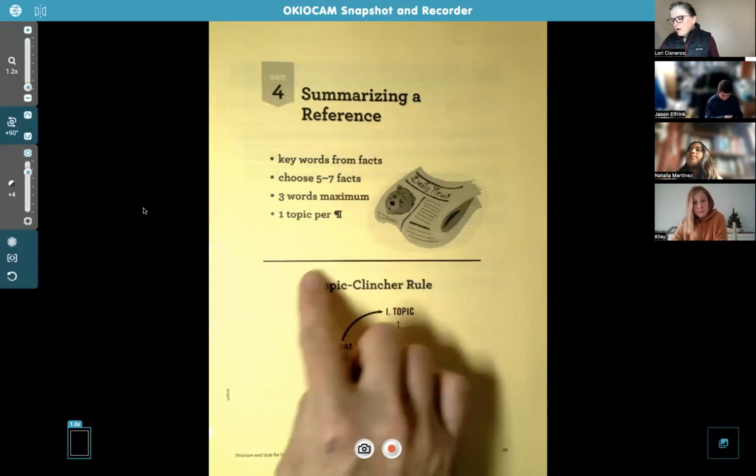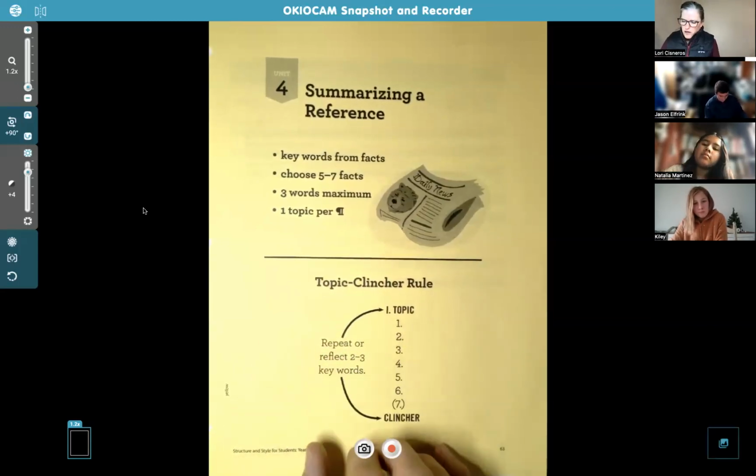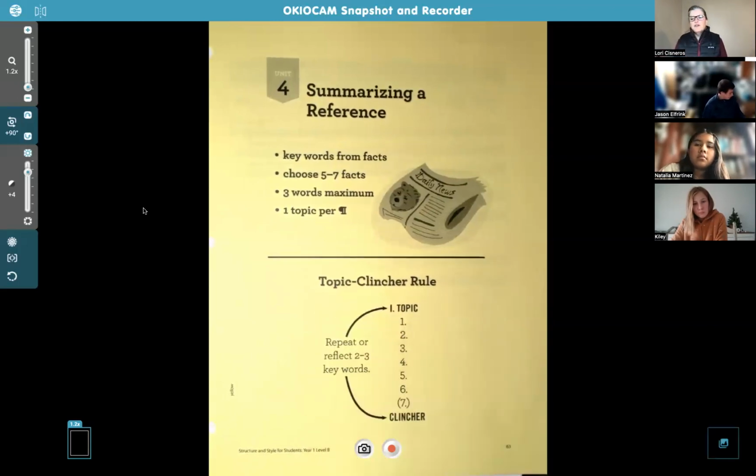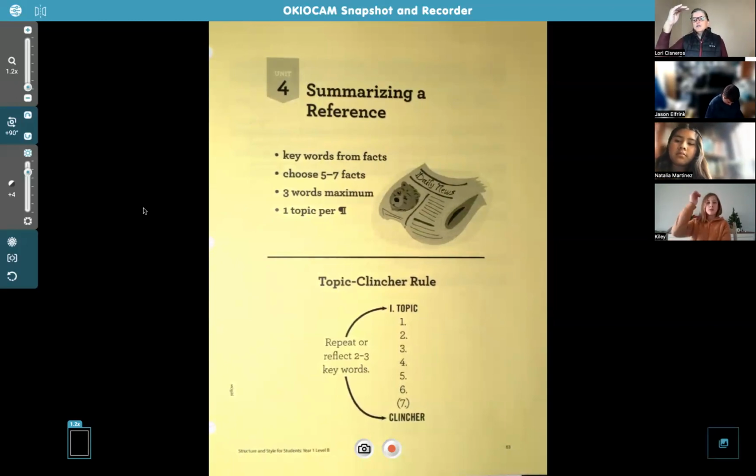my class. But I want to focus on this part of the page, actually, on the bottom. It's the topic clincher rule. And I know Kylie knows it because we practiced it a lot last year. But Kylie, let's show Jason and Natalia how to do it with your hands. You remember how we did this? Yeah. So we'll start by saying the topic sentence and the clincher sentence must repeat or reflect 2 or 3 key